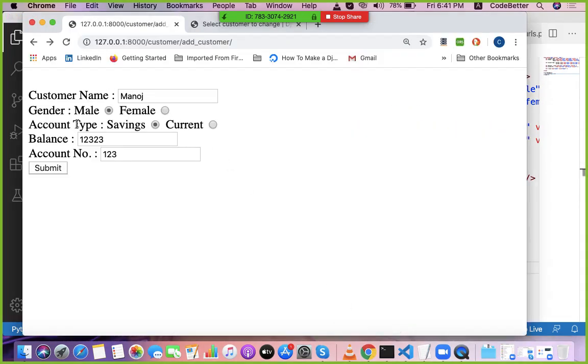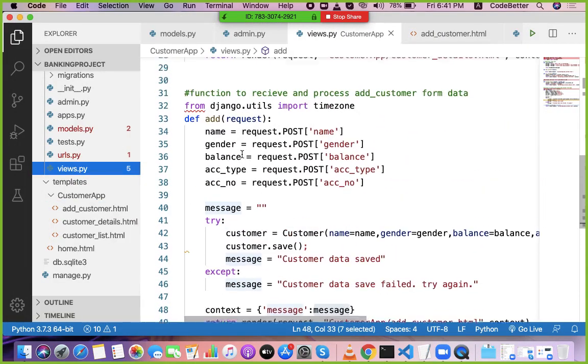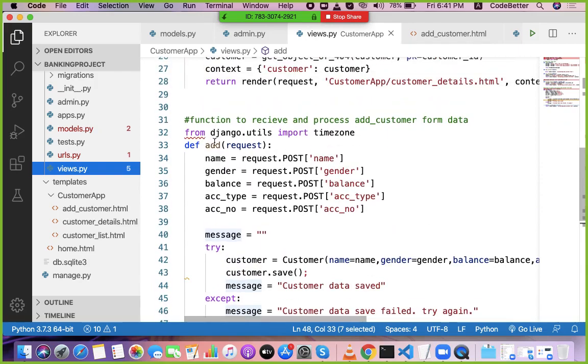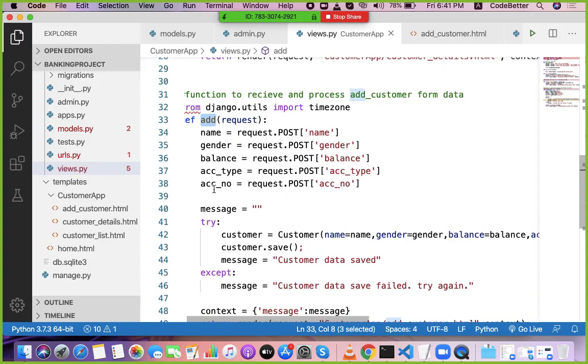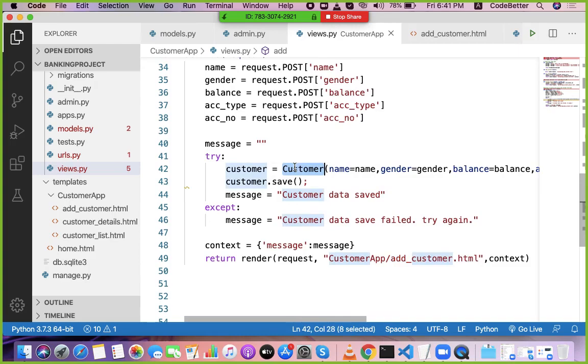So let me again give you the flow. When the user clicks on this form submit button, all this data will go to the add function. Assume that all data goes to this add function, and this data is received here, put in the customer model, and the customer model is saved. If the save is successful, the message is customer saved.